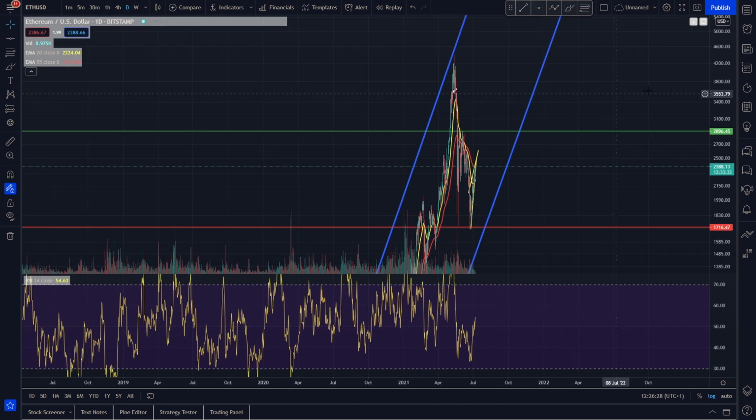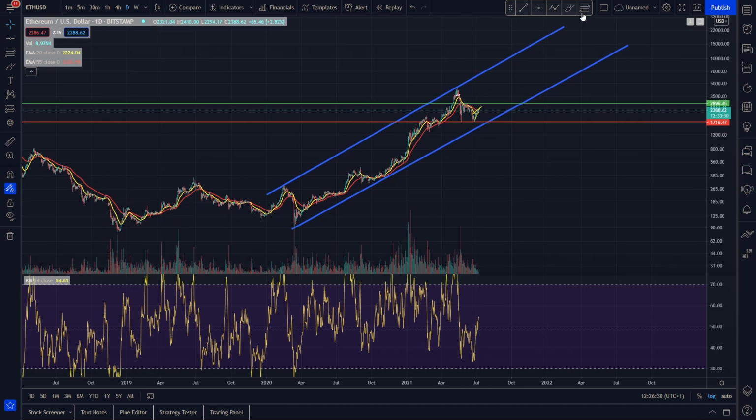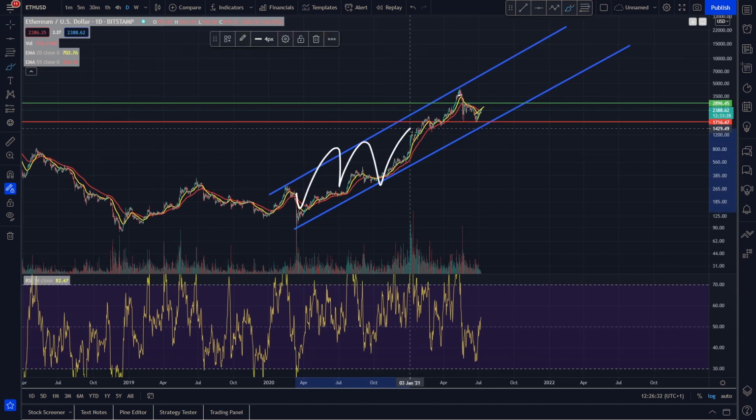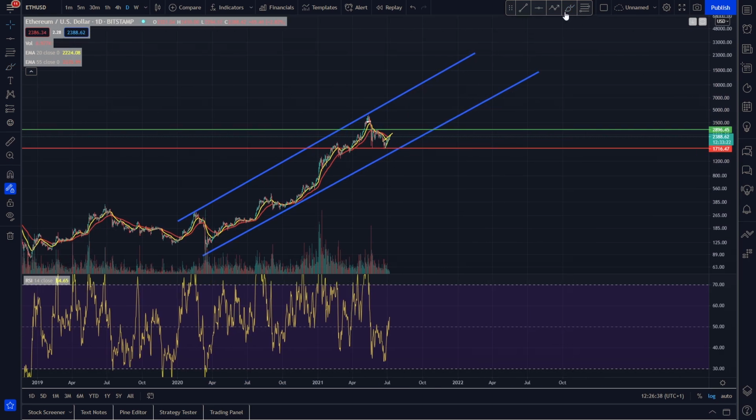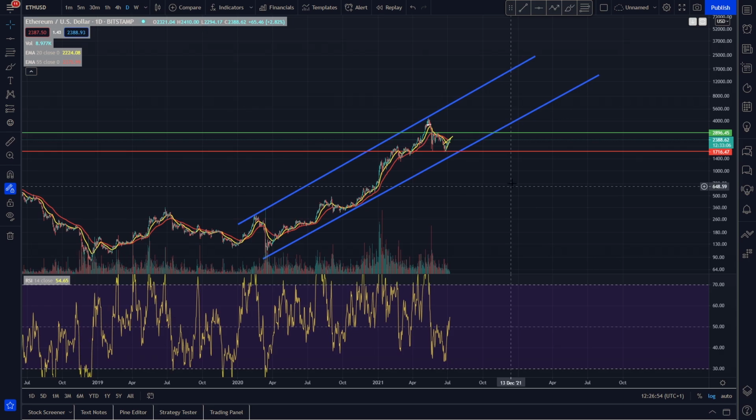But if we just take a look at our daily time frame here again, you can see in the long term, Ethereum has been trading upwards and upwards and upwards. This is basically in the past year and a half. So even if we just held this trend line for essentially the next calendar year, going into next July, we'd basically be looking at a minimum price for Ethereum of around 12.5k here. So quite clear that there is a lot of work to do still.